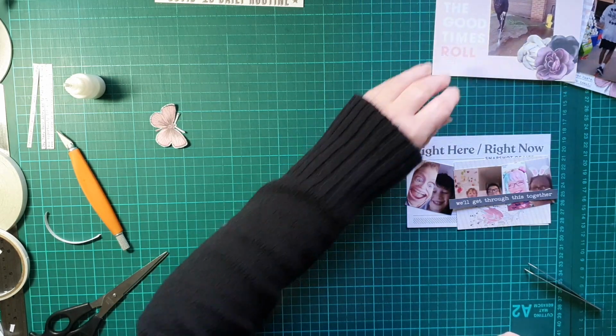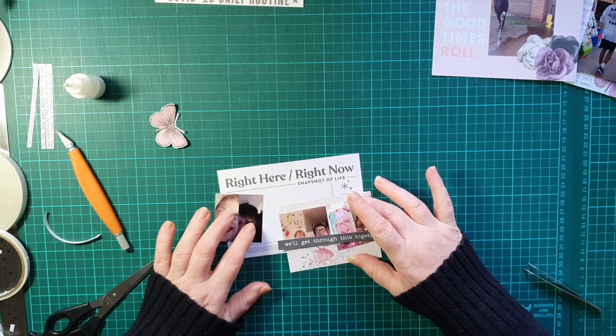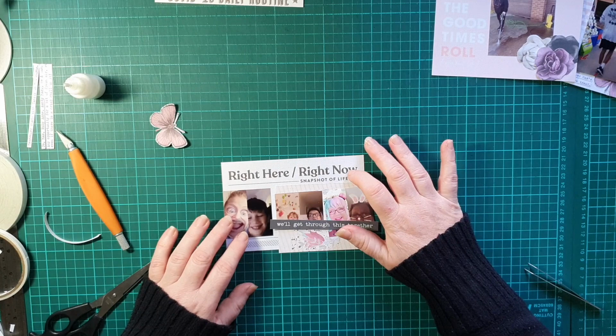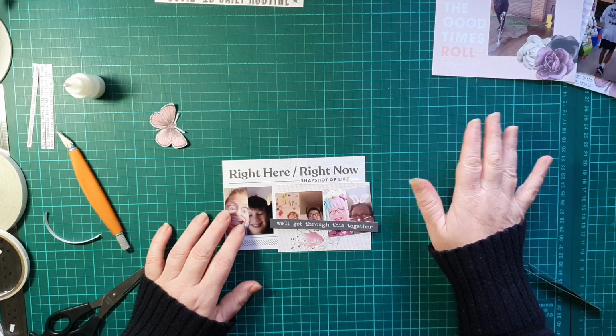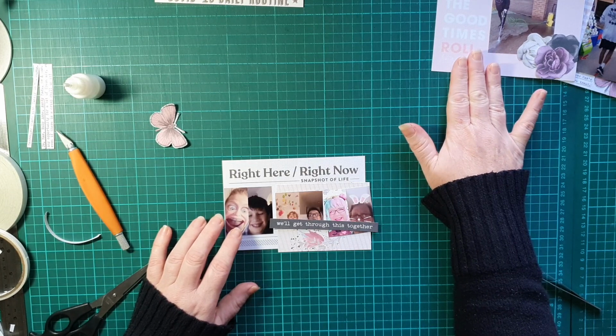So we've done that one, we've done that one, this one. So I want to put this on here. I want to show Snapshot of Life there. This card isn't one from the same collection that all the others are. They're all from the, what is it? It's